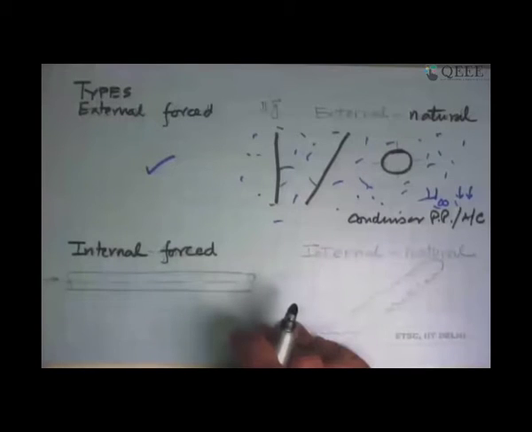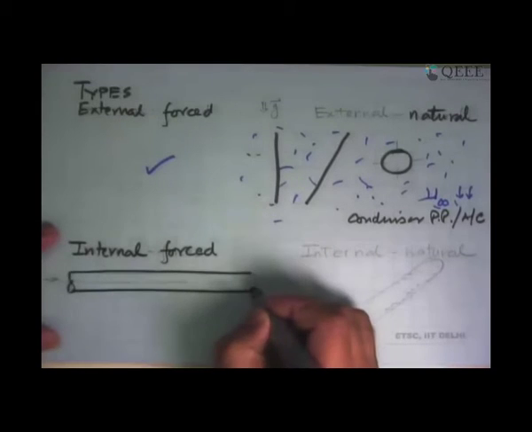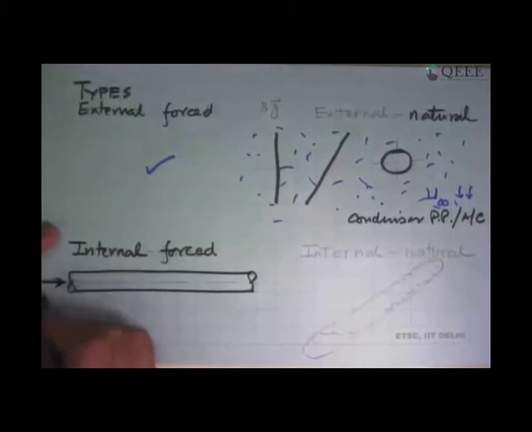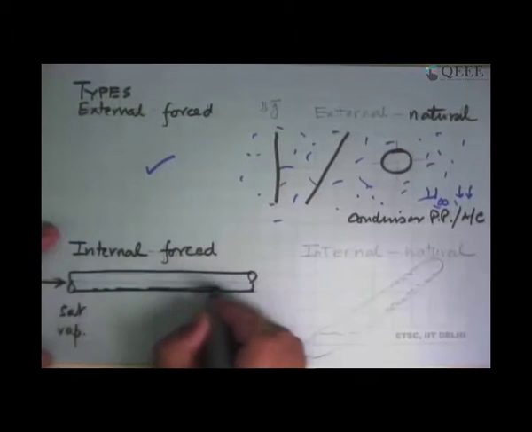Condensation with forced convection inside a tube. This means that there is a tube, maybe a circular tube. Inside this, we are pumping in saturated vapor. And as this goes in, we are cooling the tube from outside. So gradually, it forms the condensate, which is the liquid that is formed there.